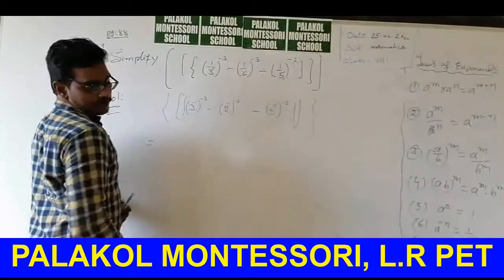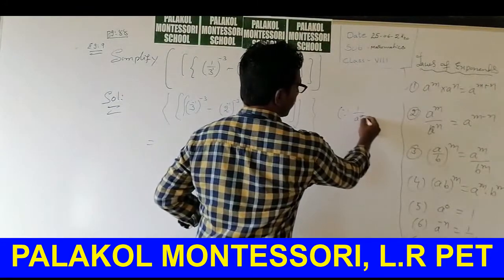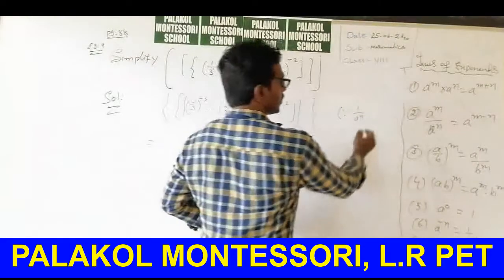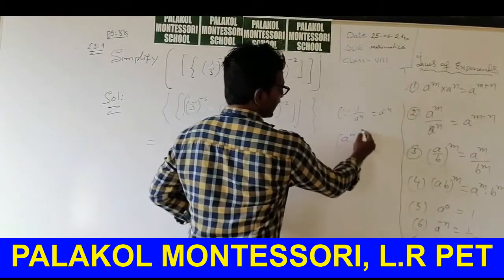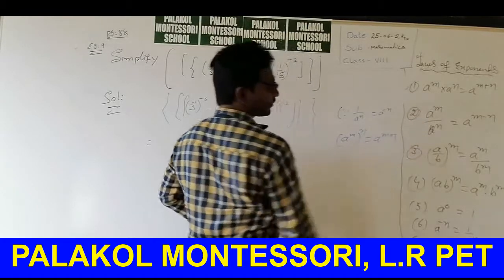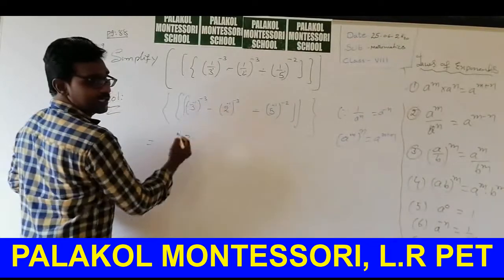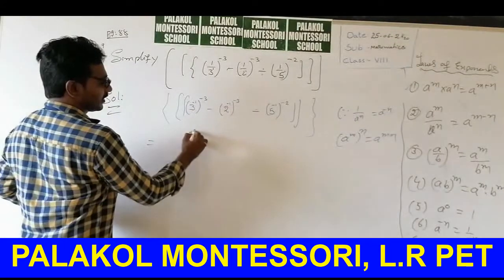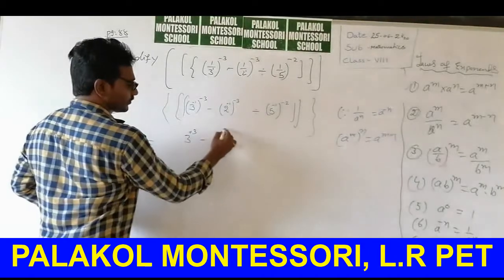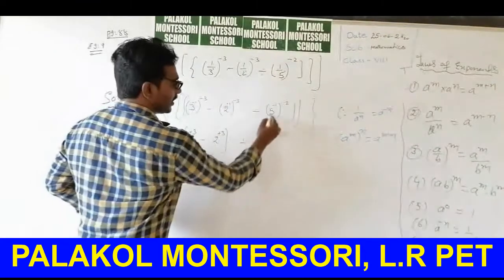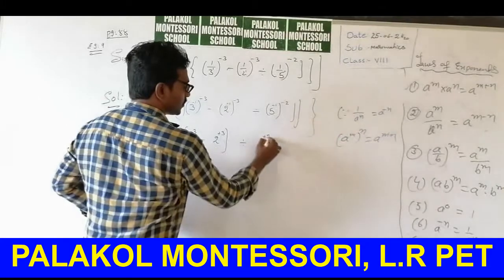Minus into minus plus. Here if you have a doubt, just write this formula: 1/a to the power of n is equal to a to the power of -n. Next, (a to the power of m) whole power of n is equal to a to the power of mn. Now see here, apply: 3 to the power of -1 into minus plus 1, 3s are 3, minus 2 to the power of plus 1, 3s are 3, divided by 5 to the power of minus into minus plus 1, 2s are 2.